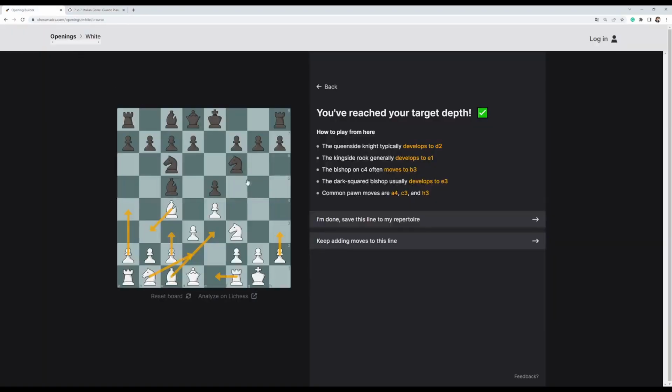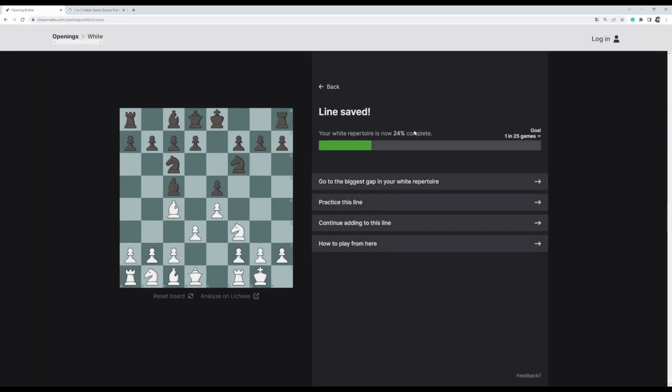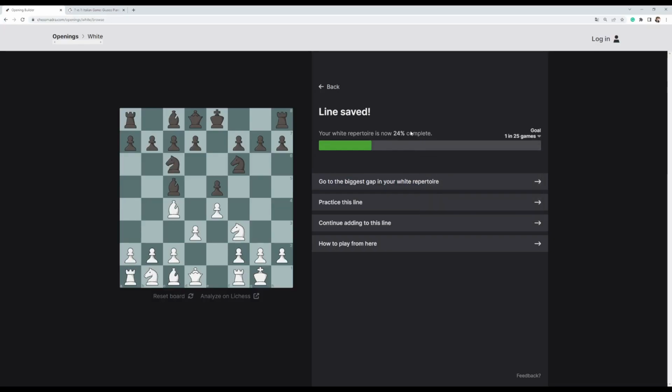Or you can go back to the opening builder and say, okay, I'm done, save this to my repertoire, and then your repertoire is 24% complete. And now the recommended thing is that you know everything in 1 in 25 games, so you're 24% there. And then you can click on go to the biggest gap in your white repertoire or practice the line. So it's really nice, a tool to immediately, you know,